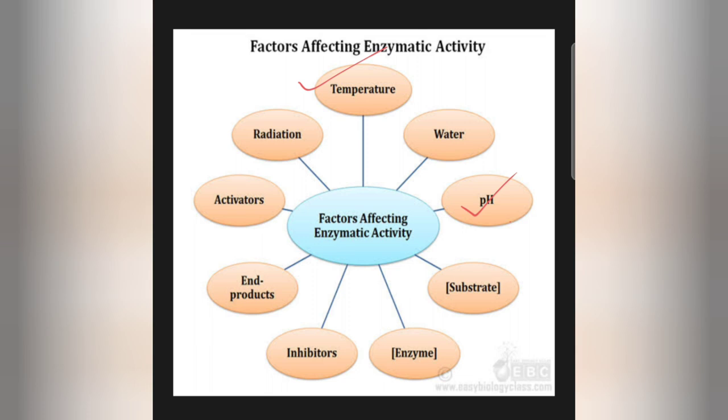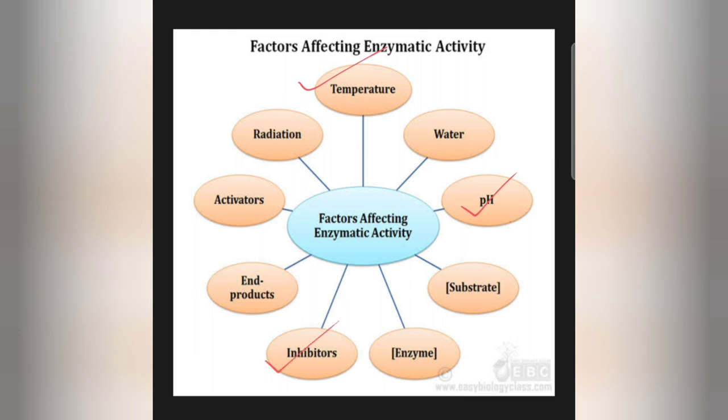Next, another important factor is the pH, and it works in the same manner as temperature does. When temperature is kept constant, the activity of the enzyme is found most efficiently over a particular pH range. So here also we have an optimum pH, that means the pH where the rate of reaction is maximum, and below or above that the enzyme reaction is very less, or the enzyme itself gets denatured. Okay, so temperature and pH done.